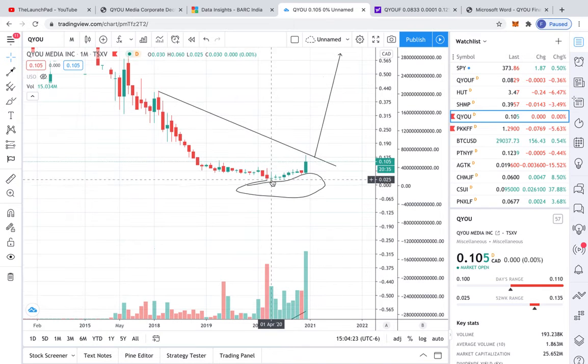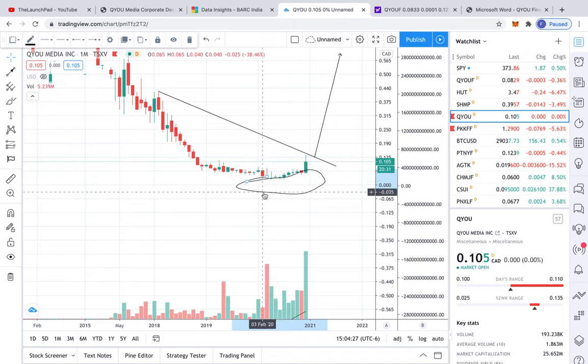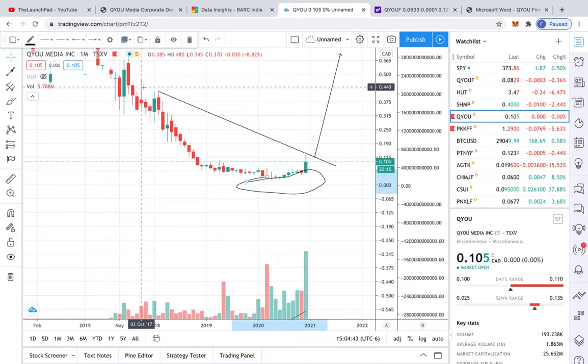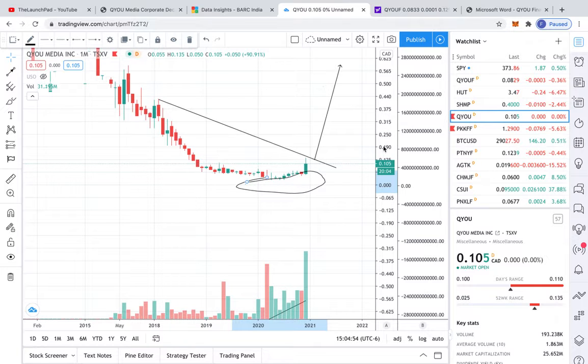So what I have here is a circle, poorly drawn, and this is supposed to highlight the bottom that we found right around 3 cents. And since then, which was around the 1st of June of this year, we've rallied all the way up to 10 cents, and this is for QU without the F, so the non-OTC regular Canadian exchange share. And that's just easier to do the analysis on this graph than the OTC share.